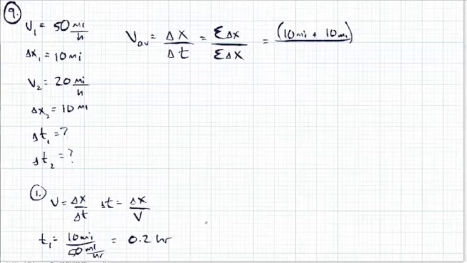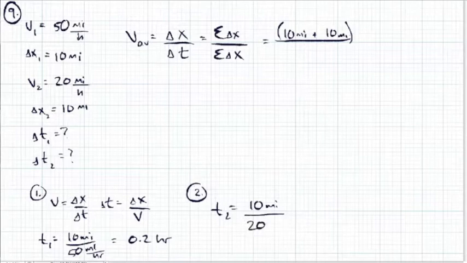So our time 1 is 0.2 hours. Oops. Time 2. Time 2 is calculated the same way. T2 is going to be the displacement, 10 miles, divided by 20 miles per hour. And time 2 is going to be 0.5 hours. So we can put those values in for our